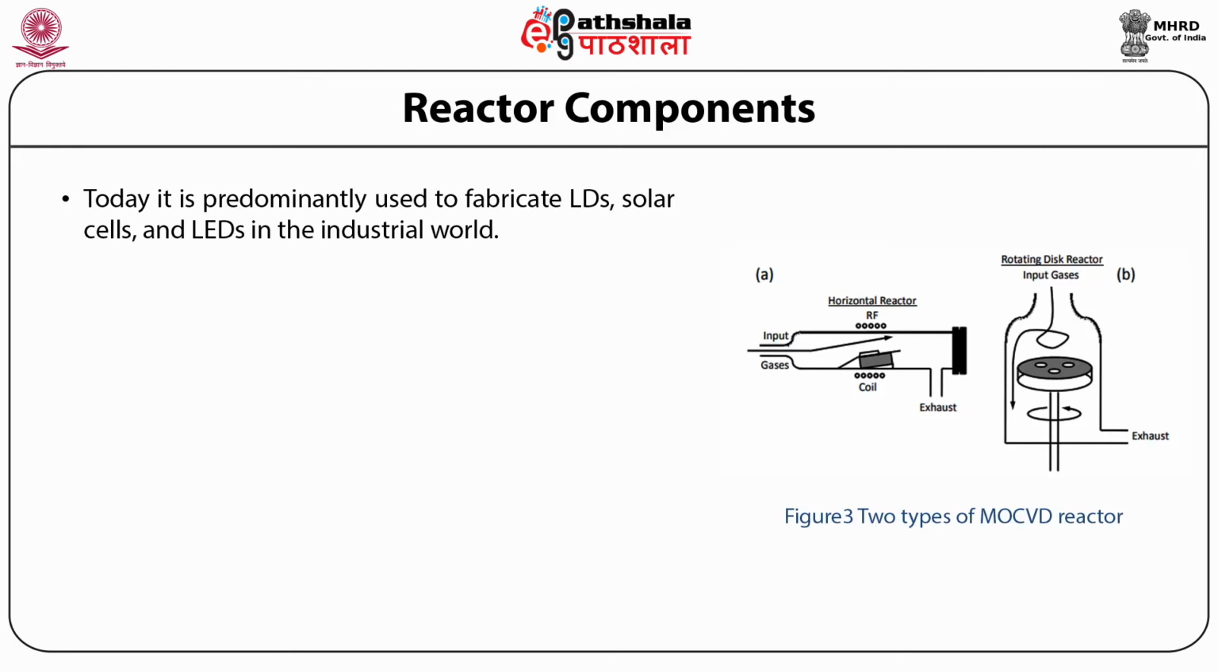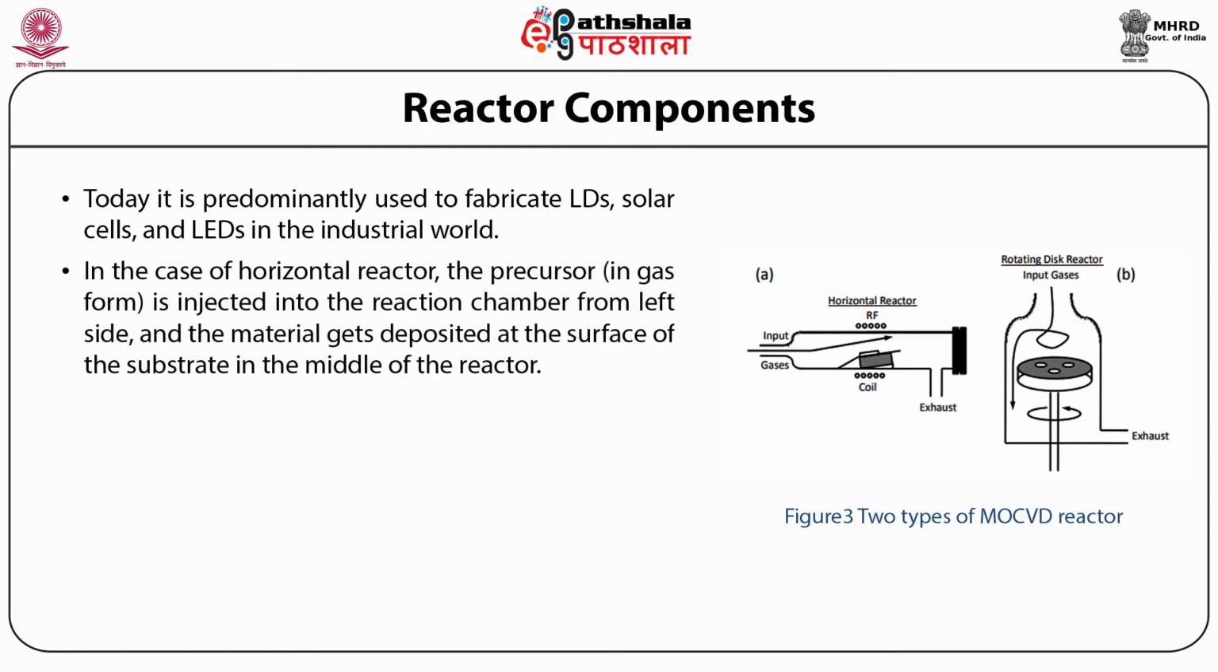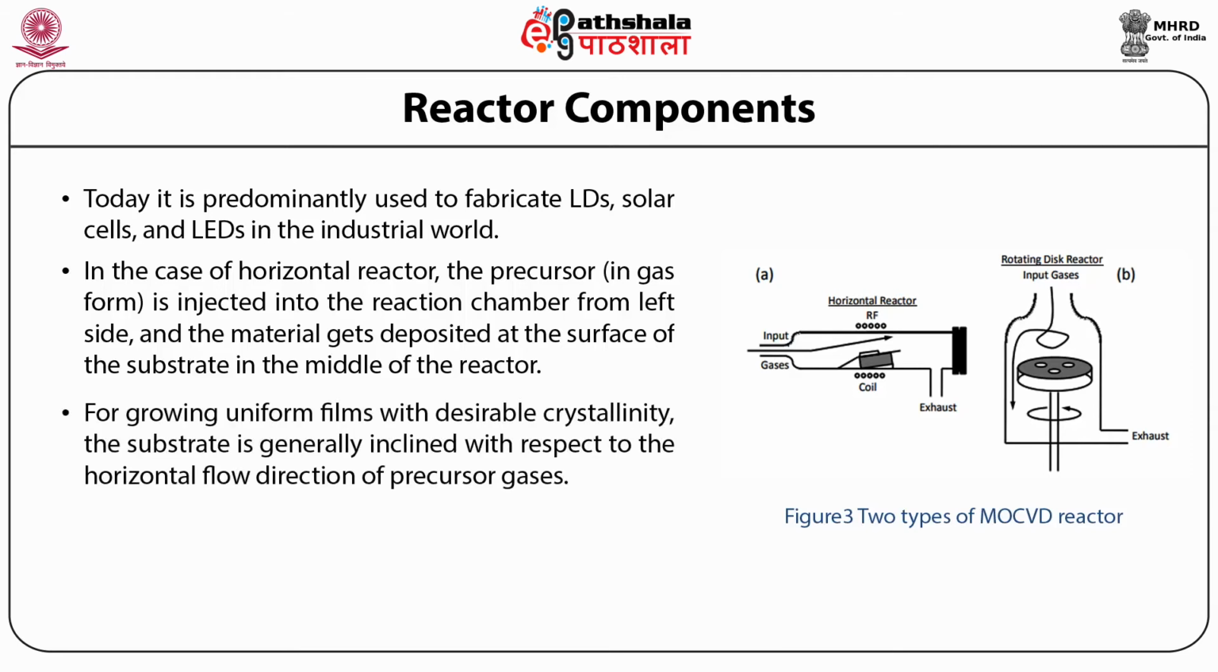The reactors can be of two types, horizontal and vertical. In the case of a horizontal reactor, the precursor is injected into the gas chamber from the left side and the material gets deposited at the surface of the substrate in the middle of the reactor. For growing uniform films with desirable crystallinity, the substrate is generally inclined with respect to the horizontal flow direction of